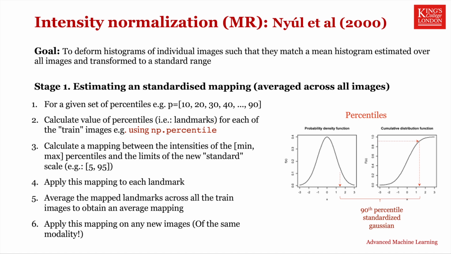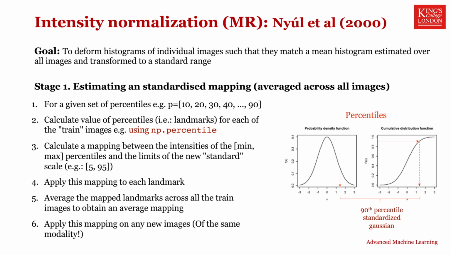Here, by percentiles, we mean that we're looking for the intensity value that would result if you put all of the intensities in order and, if considering the 90th percentile, for example, selected the intensity for which 90% of values fell below it. This, for example, can be estimated from a cumulative distribution function. So once you have your percentiles for these landmark values, then you also need to estimate the intensities corresponding to